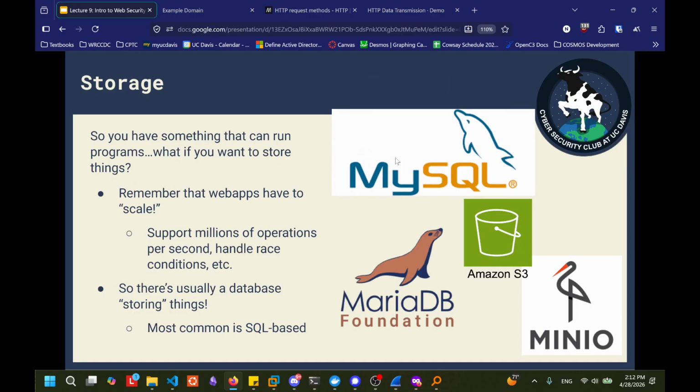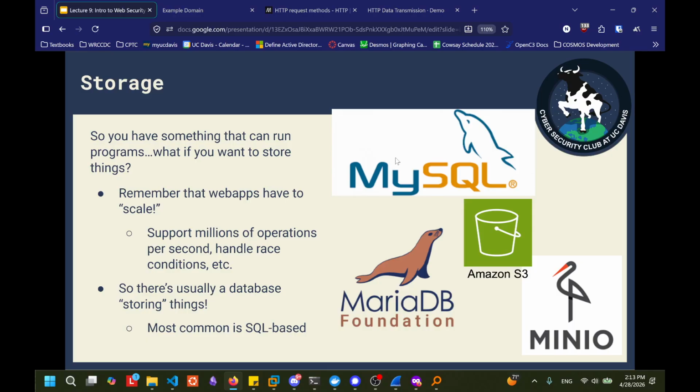So you saw that I kind of sped through it, but you saw that I was storing all the data about my server in a literal file on my computer. But in reality, for web applications, that would never work. Why? Because for a random project that I do for fun, I can get away with using something simple, like storing all the information about my application in a random data.txt file.